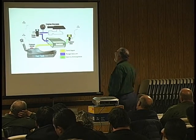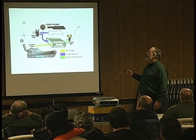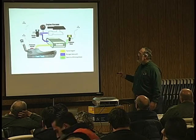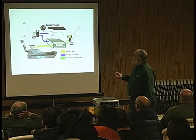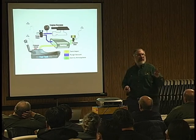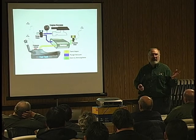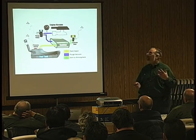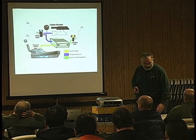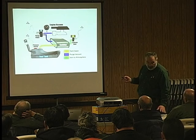It has the exact same type of setup. It has the canister vent, the pressure sensor. I know it shows that there's 2 wires on this one, and most of them have 3 wires. It acts just like a MAP sensor: 5 volts, ground, and a signal back to the PCM. So, we went to check out